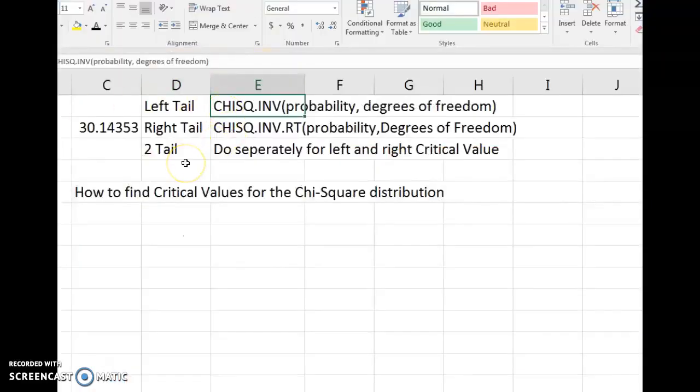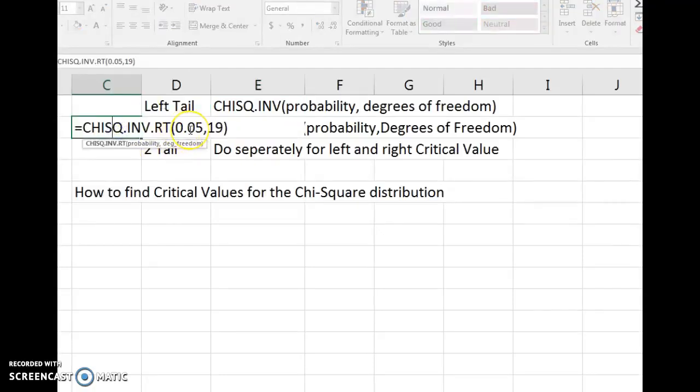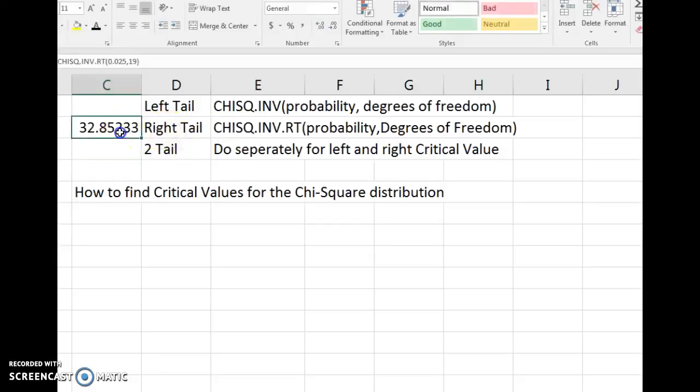Here you're actually going to want to do this separately for the left and right tails. So use this formula for the left and this one for the right. One big thing to keep in mind, let's use this example I was just working with. If I wanted 5% in the tails in a population of 20, my degrees of freedom is 19, but 5% in the tails, if I'm splitting that between two tails, I'm going to have 2.5% in each tail, or as a decimal, 0.025. So you would need to enter this to get the critical value for the right side, and then for the left-hand tail,